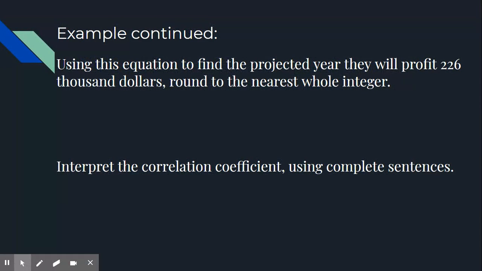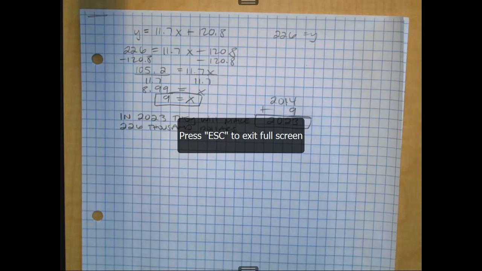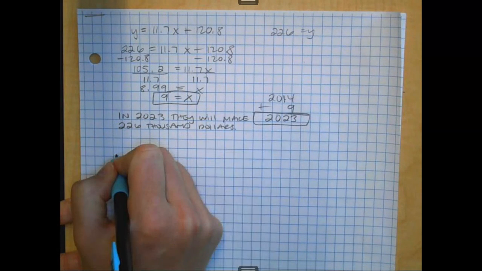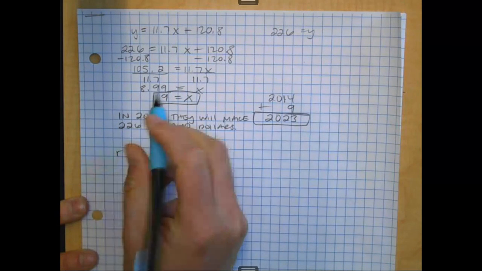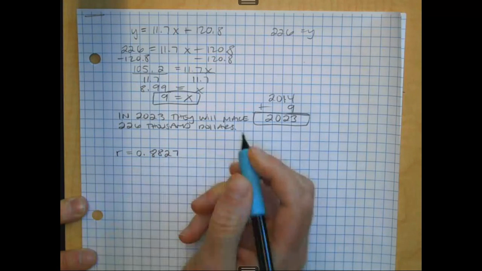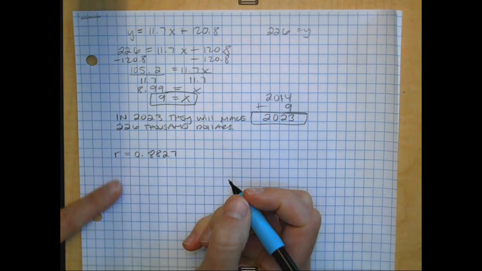Okay, so now that was our complete sentence for that first part of our example continued. Now we want to interpret the correlation coefficient using a complete sentence. So I'm going to show you guys how to do that as well. Okay, so this is that second part of that question. So I will be asking you what the actual correlation coefficient is, which our r is equal to 0.8827, which